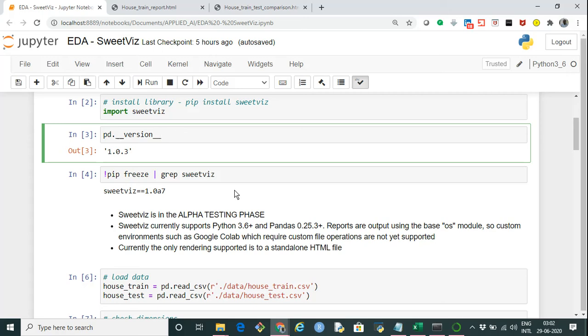Now the output that is generated by SweetViz is based on the OS module. So if we are going to use it in Google Colab, it probably will not work out as of now. And currently, as of now, the only rendering option supported is in the form of an HTML file. Okay, so let's start